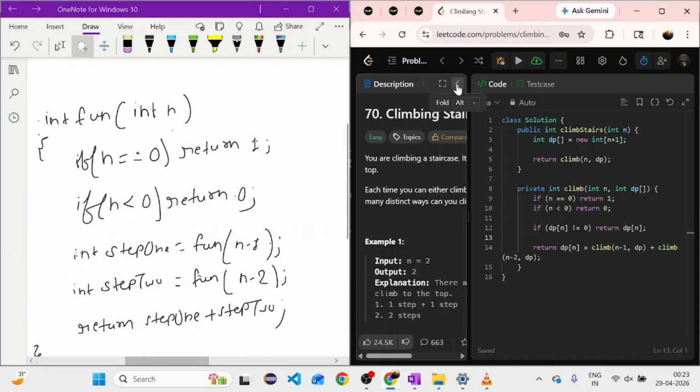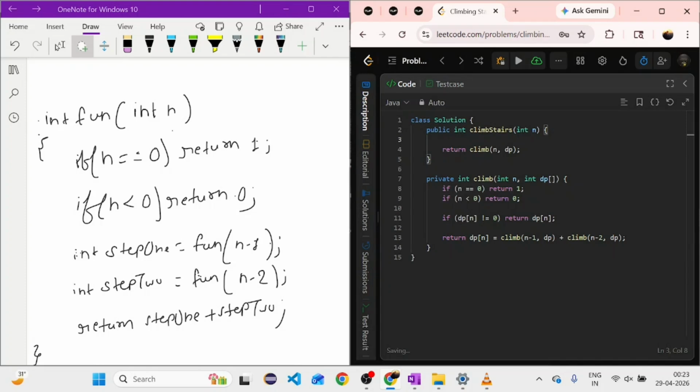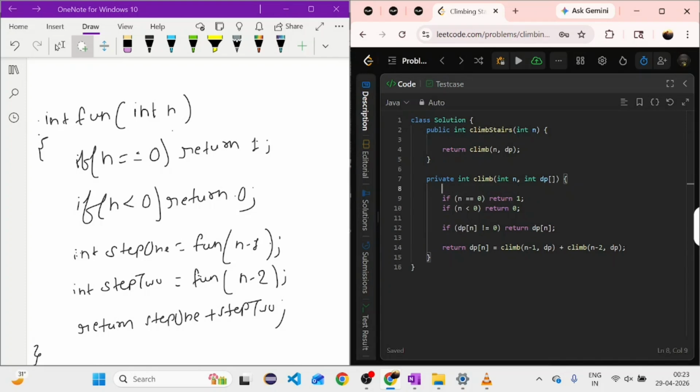Yes, because I have to solve this question in DP as well. To save time, I have already written the code, but I will definitely try to explain everything. This is the function which I have written. This is the base case, that if we reach the bottom from the top. Either we can also solve it through the bottom up approach, but right now I am solving it in a top down approach.